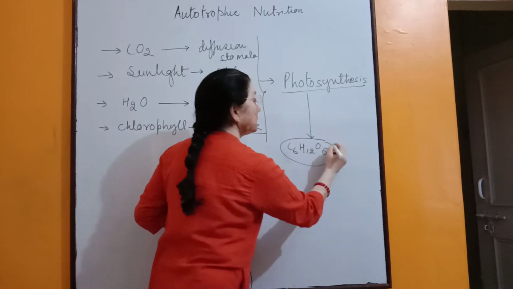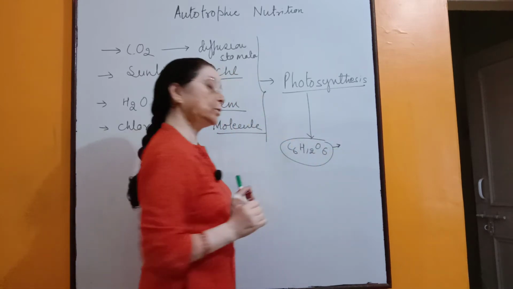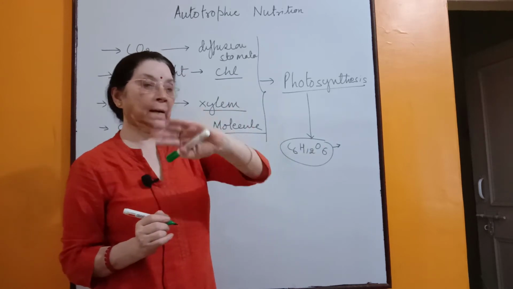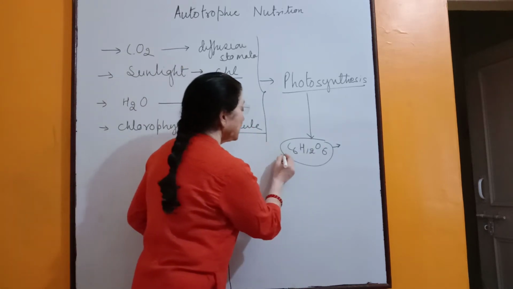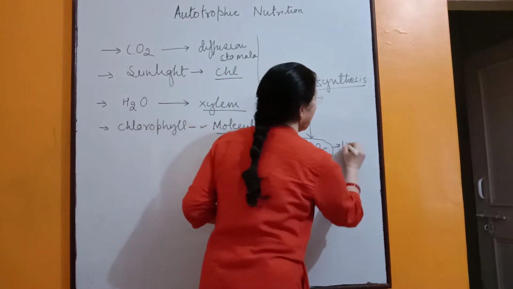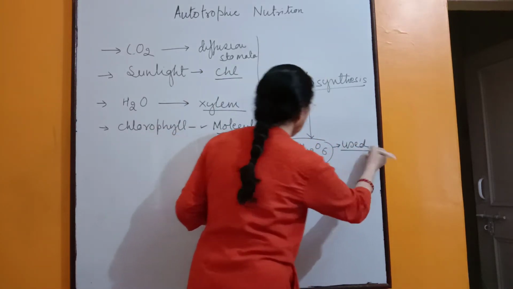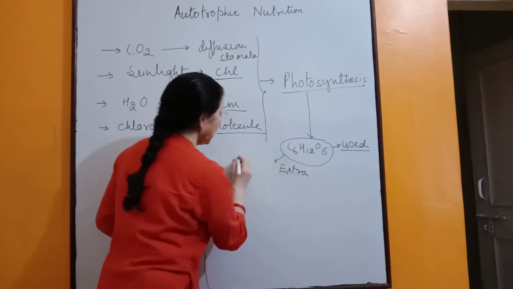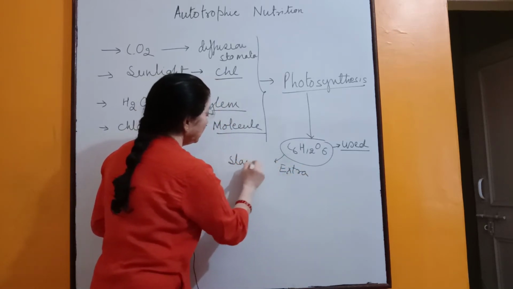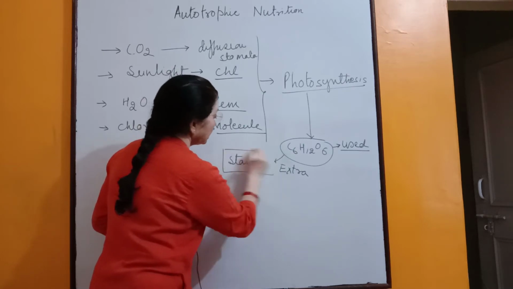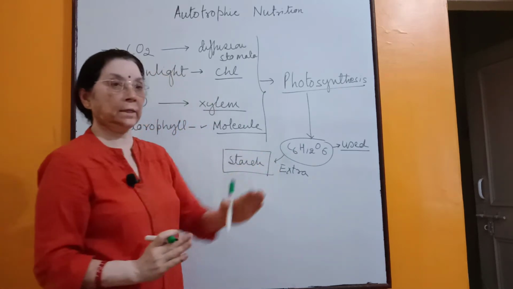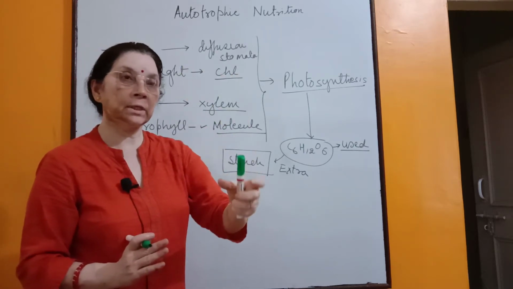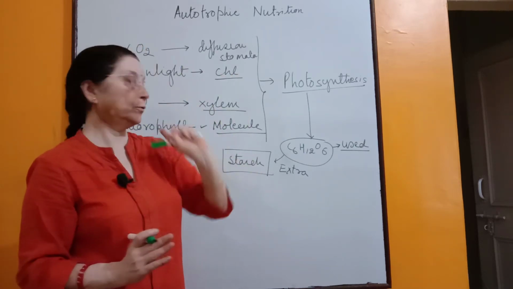After photosynthesis, the plant converts carbon dioxide with the help of water into a molecule called glucose. The plant needs a certain amount of this glucose, so it is used in plant respiration, and some amount of it is used by the plant. The extra amount that the plant is not using is converted into starch. And starch is a reserve food material which is stored in the leaf of the plant, sometimes in the seeds and also in the fruit.